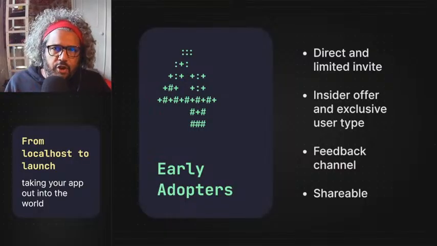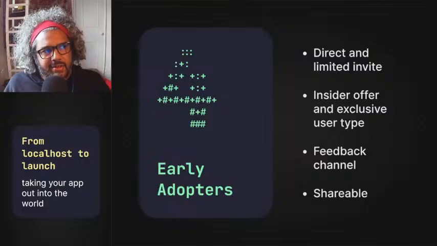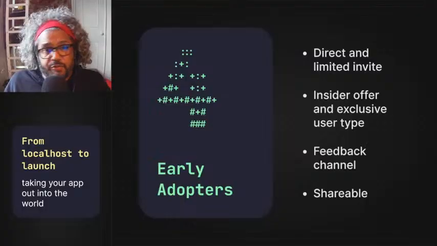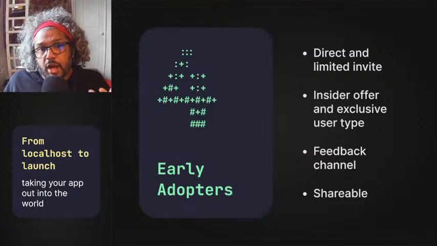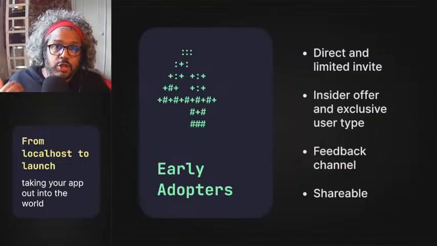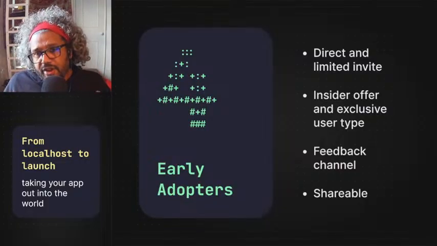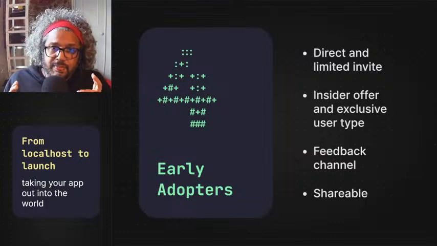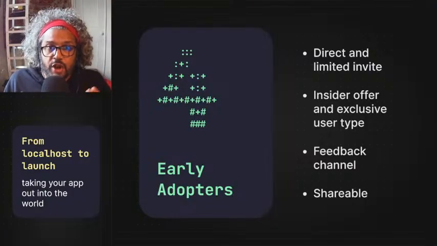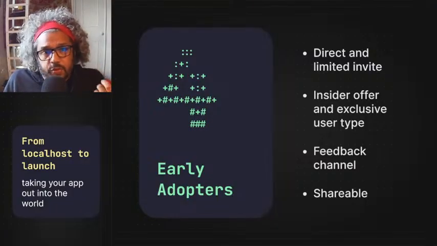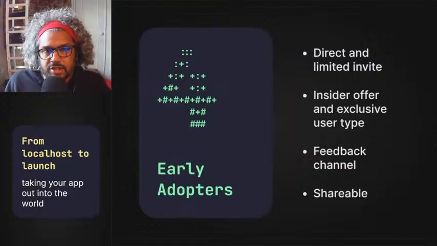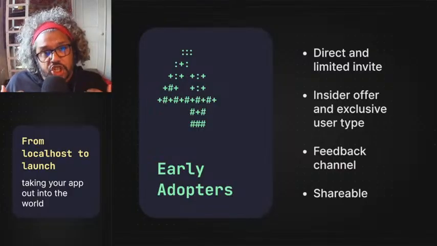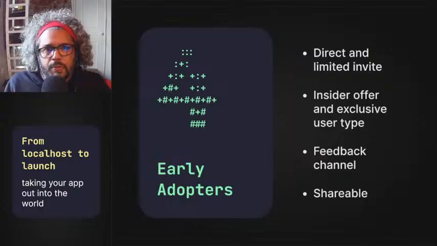Have some kind of insider offer. So I worked with a client that did this exact thing where we did an early adopter program and we said, hey, you're going to get a discount for life, but also you're going to become a founder account, which means that you get certain perks. You want to have very clear feedback channels. With that client, people could reach me via WhatsApp. So they would send videos and voice notes and messages to say, hey, this is stuff you need to know. And this works extremely well if they're in a very shareable place. If they're going to share that content out, then that's only going to help you when it comes to release.